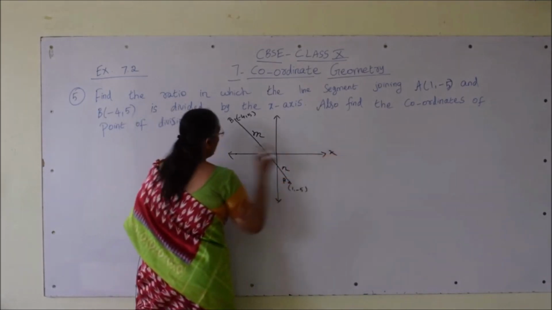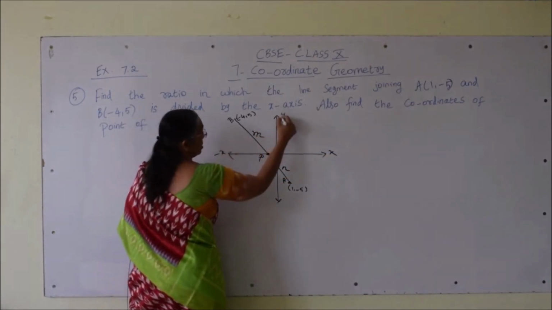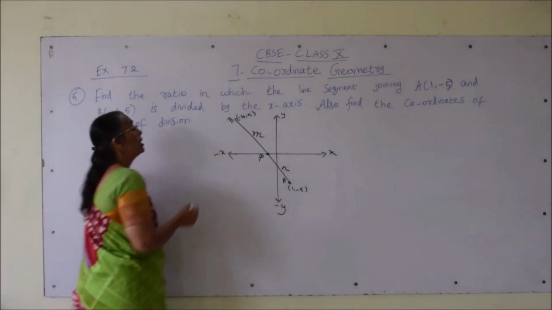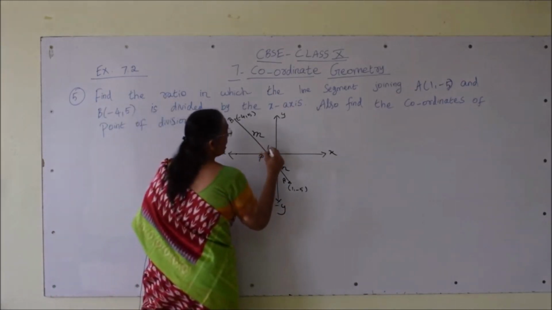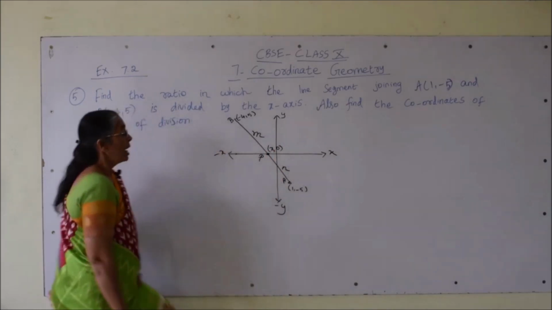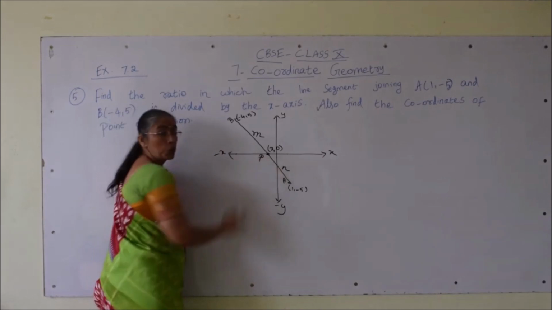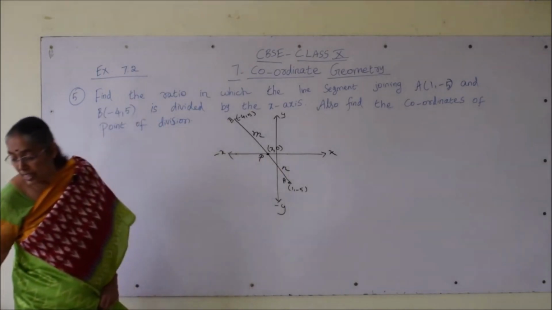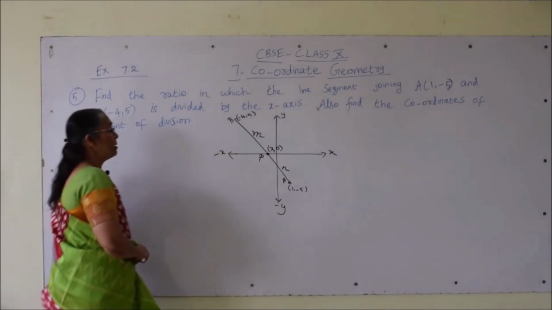The point is on the x-axis, so every point on the x-axis has its y coordinate as 0. So we consider the point P as (x, 0), and we have to find the ratio m is to n. You know very well the section formula: